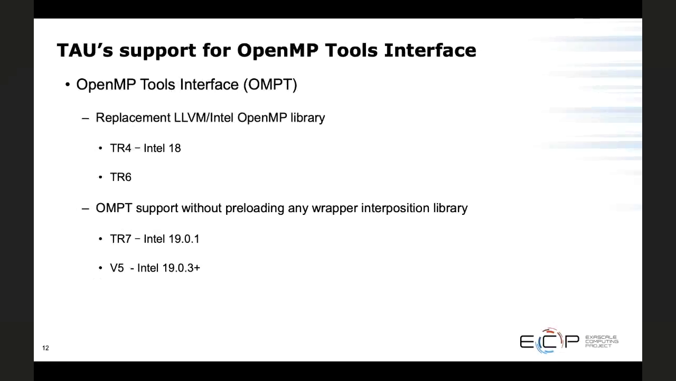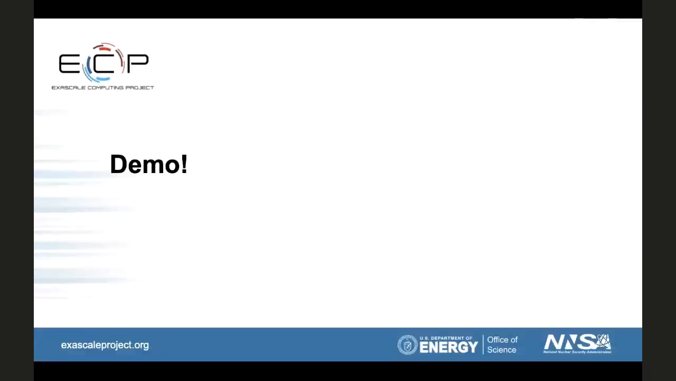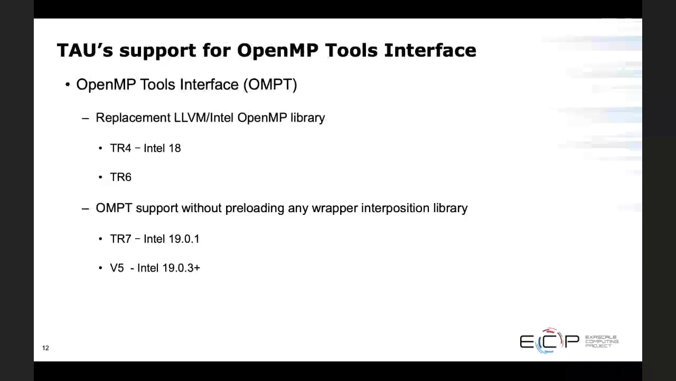We also have support for the OpenMP tools interface in Tau. OMPT is a relatively new interface, and it allows you to insert the hooks at the thread boundaries and assess the synchronization calls and see when a parallel region is entered and exited. So there are a couple of different versions of this